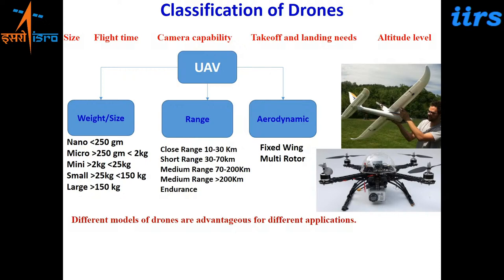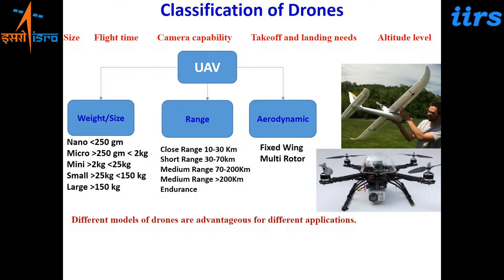Again, these will be slightly heavier weight drones, where the battery power will be better than the previous one. So the weight will increase, and the flight time, which is known as endurance, would be higher than the previous one. Previous will be a 10-minute flight, so this may be a maximum 20 minutes flight. So medium range is up to 200 kilometers. Then beyond that, medium range 2, or we can say far range, that is beyond 200 kilometers.